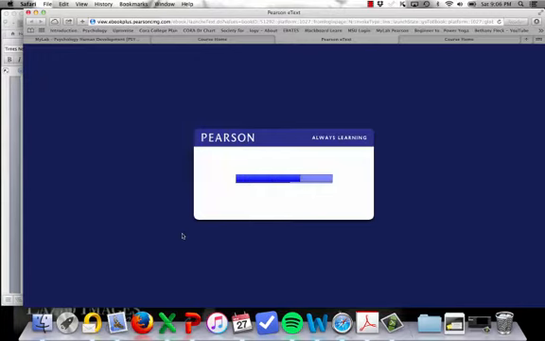So I do want to show you, the first thing is just how to read the chapters if you go with the ebook version. You click Read eText, and then it's going to open it up here. Might take a moment to load. It's an interactive textbook, so there's links on it to other resources that will help you learn, study, that can lead you to things that are pretty interesting.